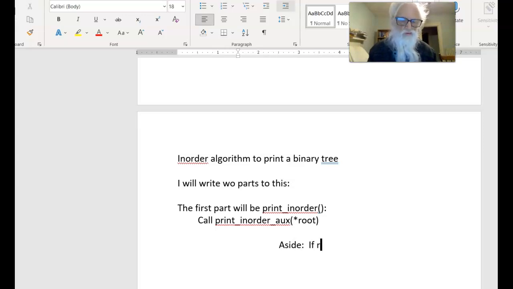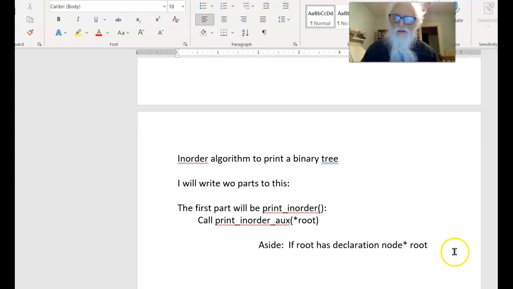If root has a declaration node star root, which it does, then